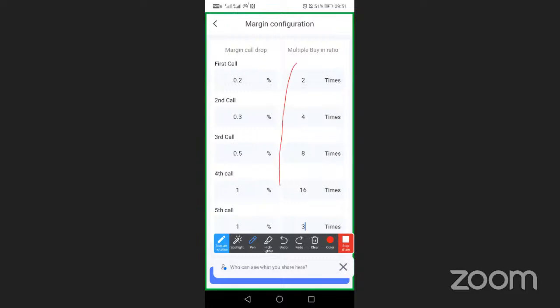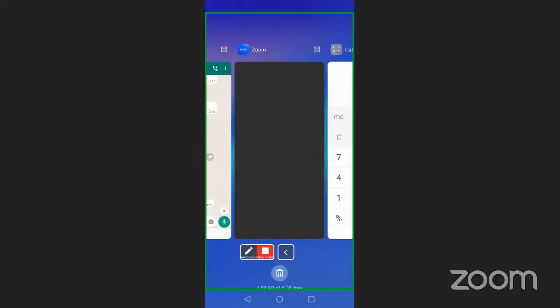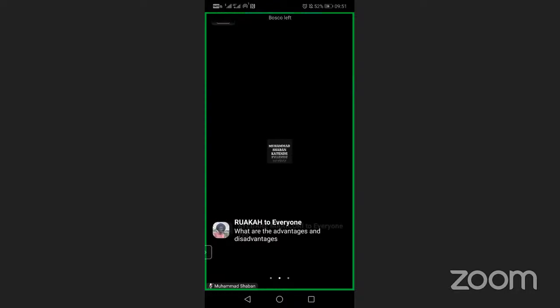If you want to use the double up method on this part, let me see if everybody is with me here. Who is following? Give me a yes if you are following. We have allocated the $1,000 into our trade.